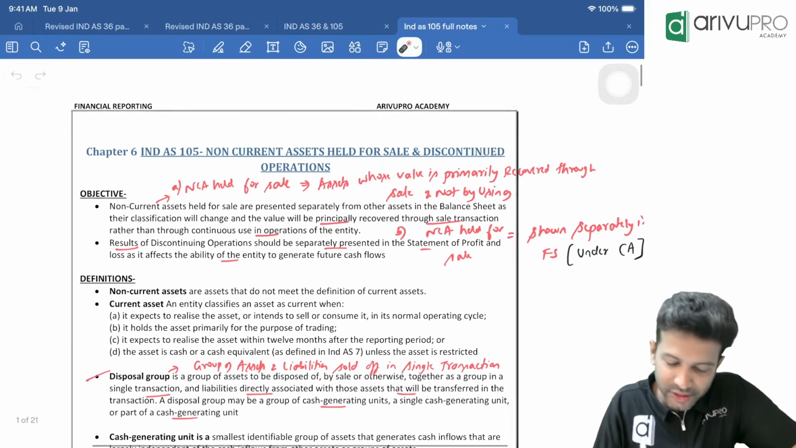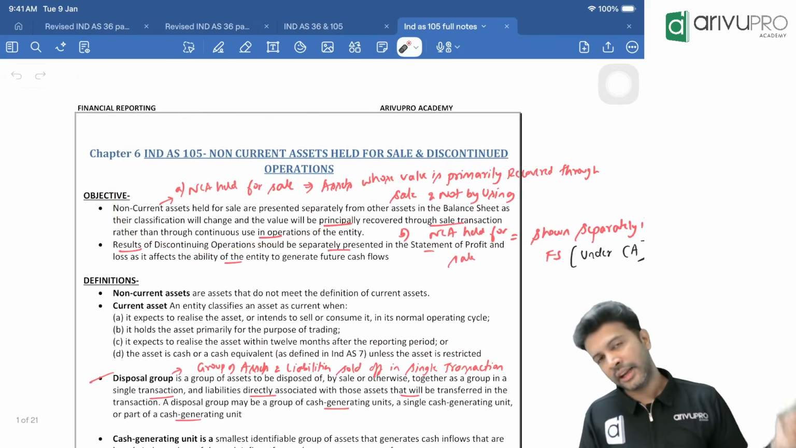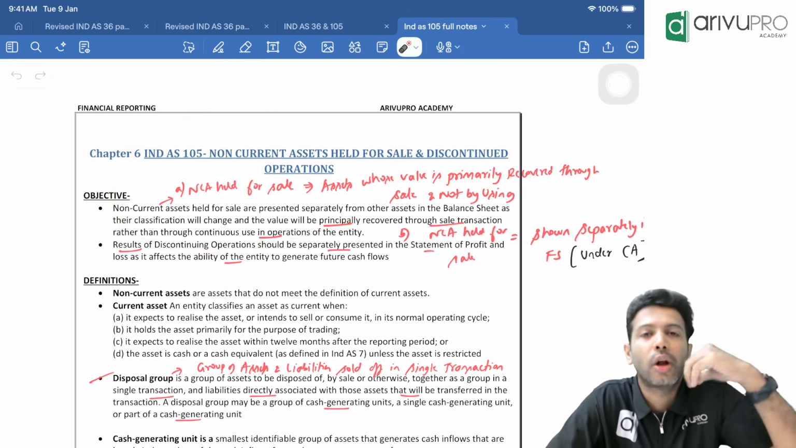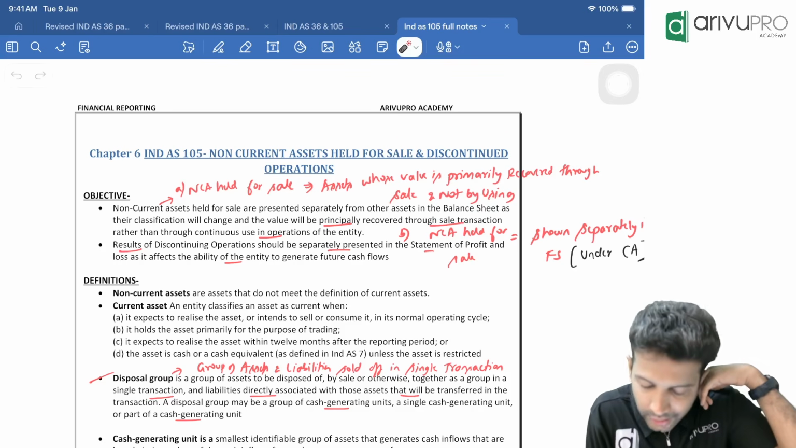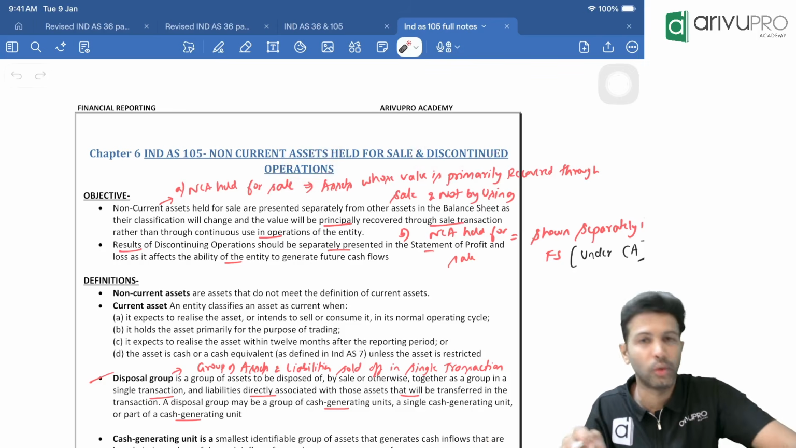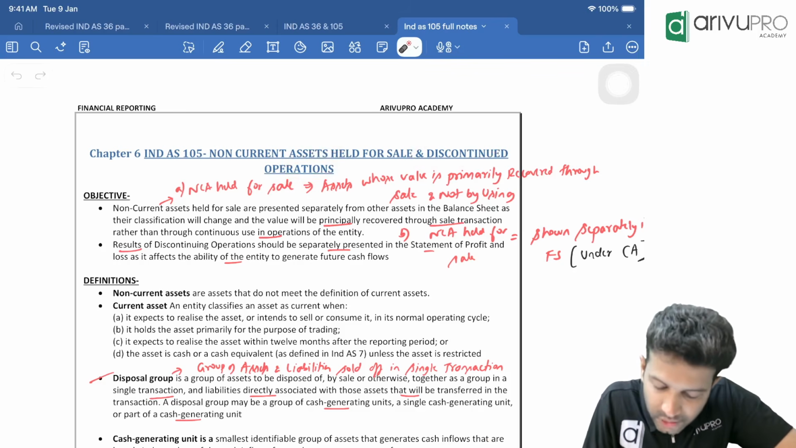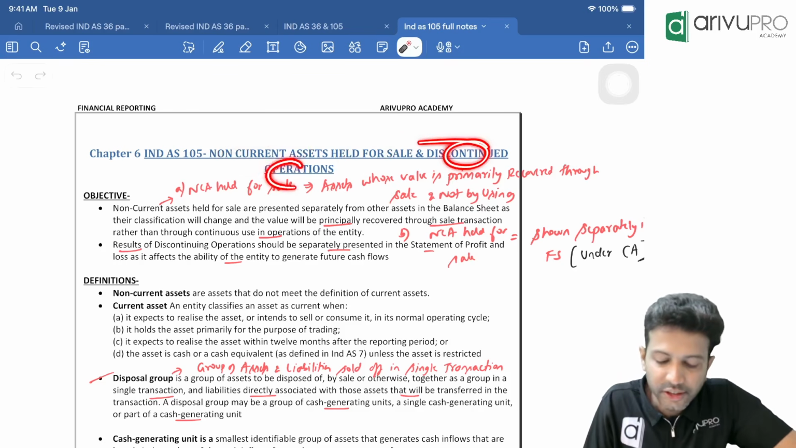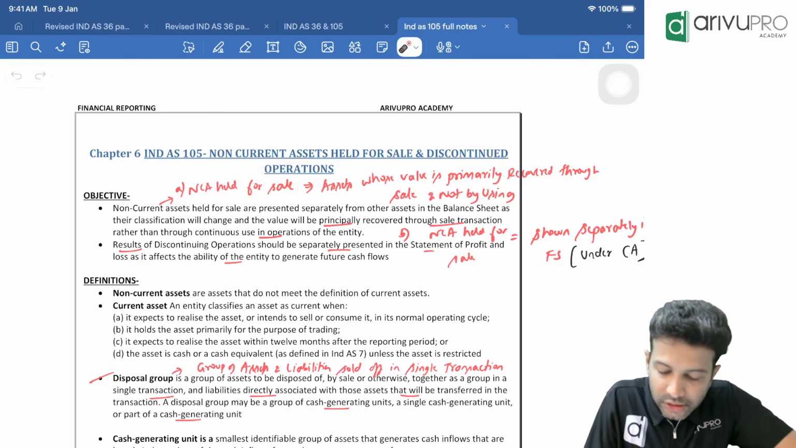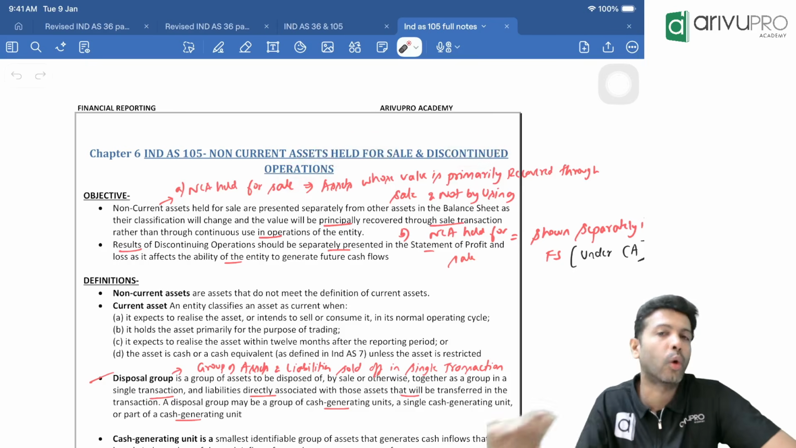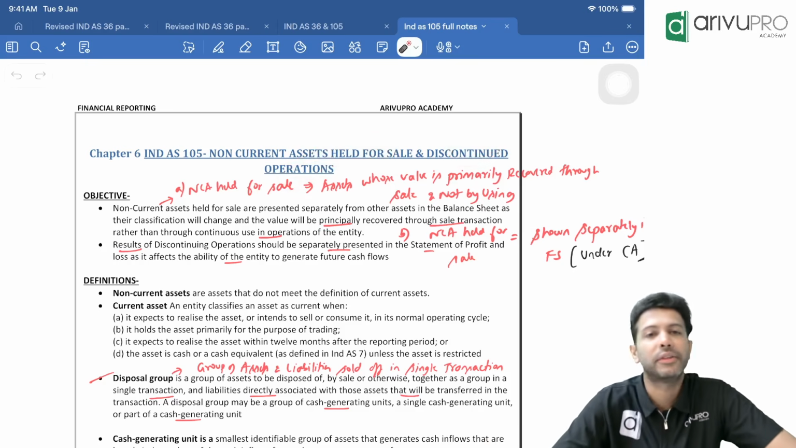So, new topic. The topic that we are going to take up now is Ind AS 105. Ind AS 105 talks about non current assets held for sale and discontinued operations. Two aspects we need to know from this particular topic. One is when does a non current asset become held for sale, and what is discontinued operations? If it is non-current assets held for sale, what to do? If it is a discontinued operation, what to do, or what impact it shall have in financial statements is